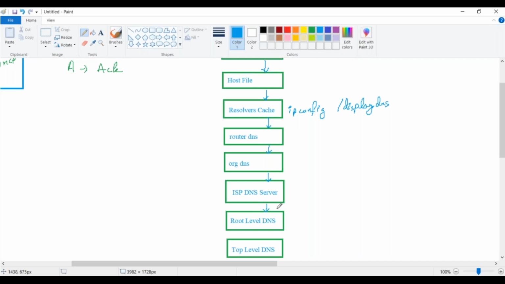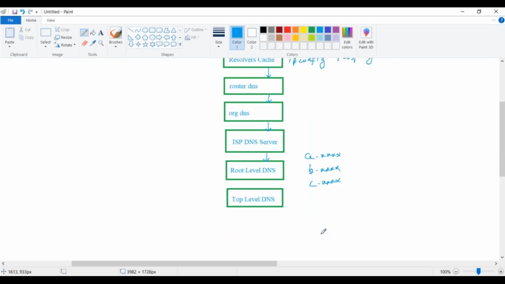Their names start something like this: it can be a.xxxx, b.xxxx, and c.xxxx, till the 13th, which is your m.xxxx, something like that. Inside these we have domain extensions.